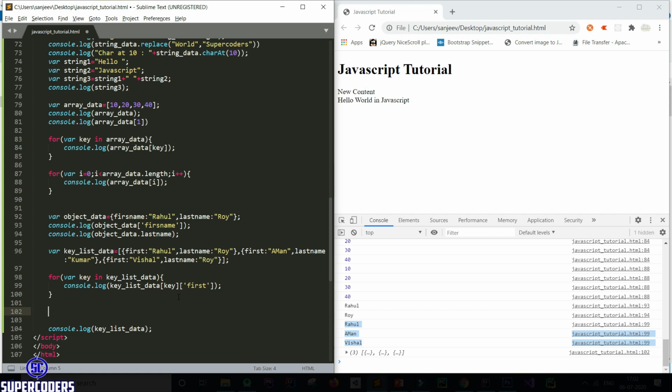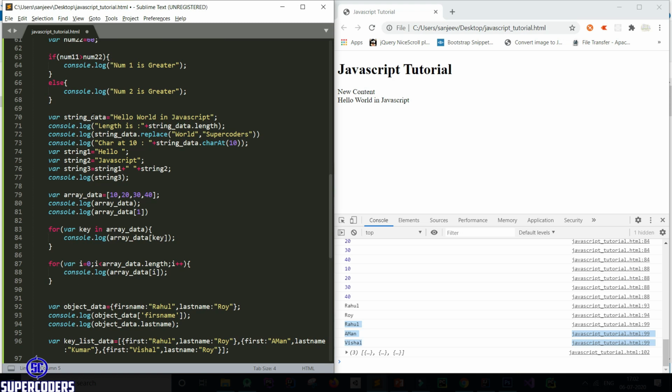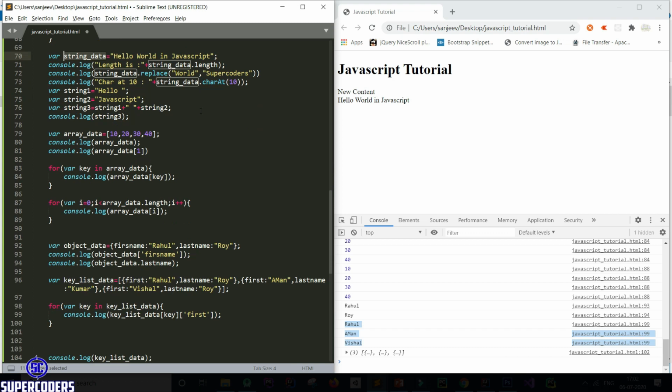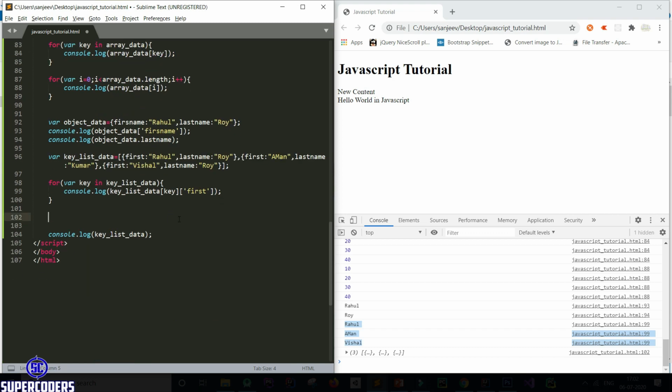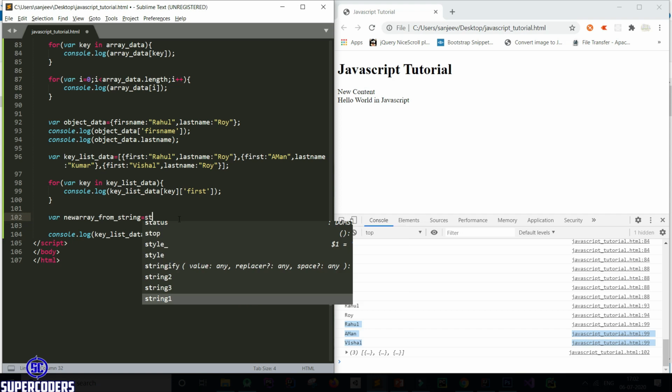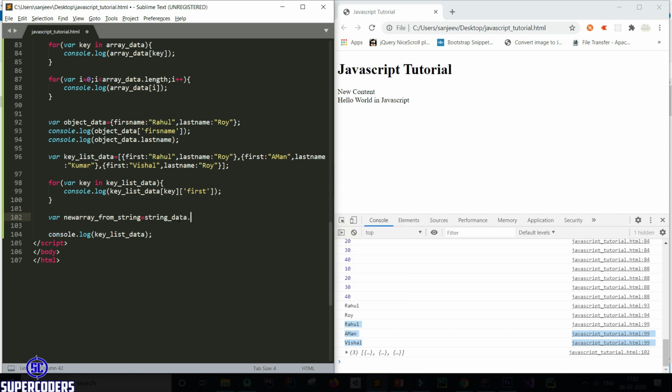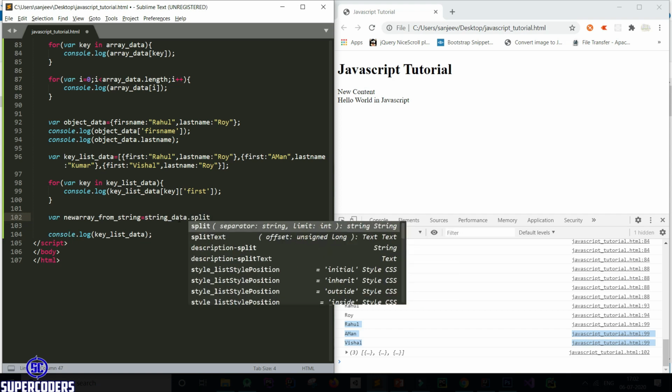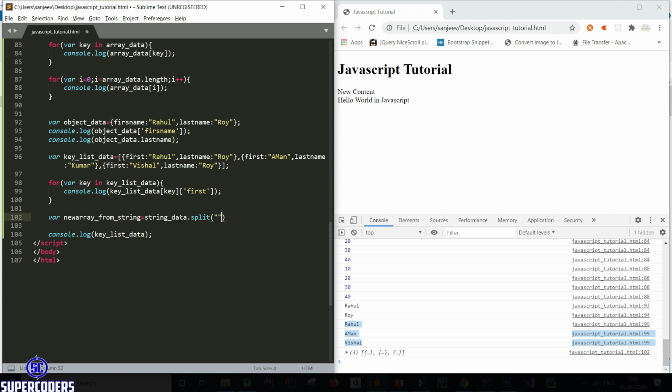Also let's see an example of how you can convert a string into an array. So here is my string, string data. Let's see how you can convert it into an array. So let's create new array from string equals string data dot split, then passing a separator.